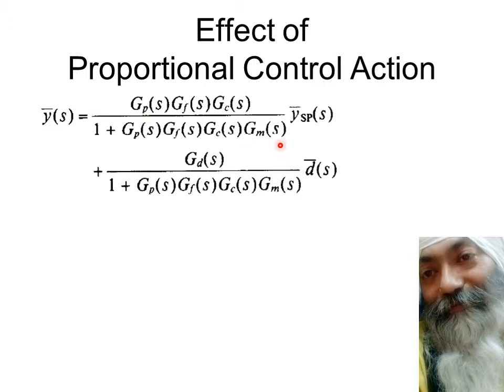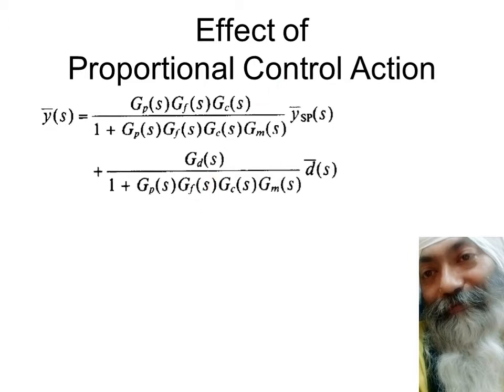We will take first of all a servo problem where we are going to introduce a step change in the set point, and we will assume in that case that there is no disturbance, so this d bar will be 0. In second case, we will assume that there is no change in set point, so we will take this term as 0 and we will give a step change over here to know the dynamic response of whatsoever the process is, first order or second order, and then have a look at the output in presence of proportional controller in the feedback loop.